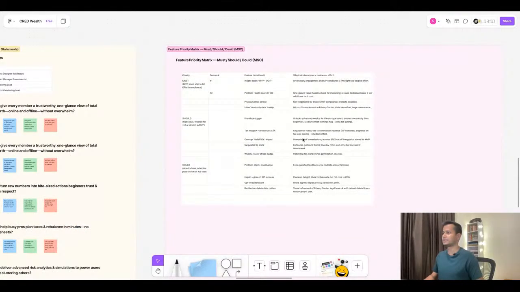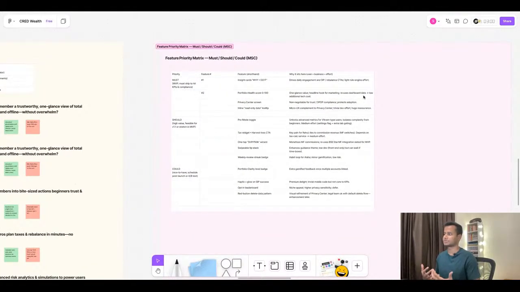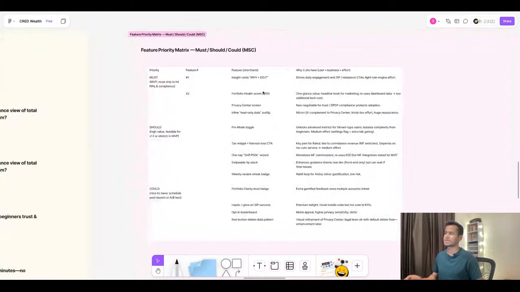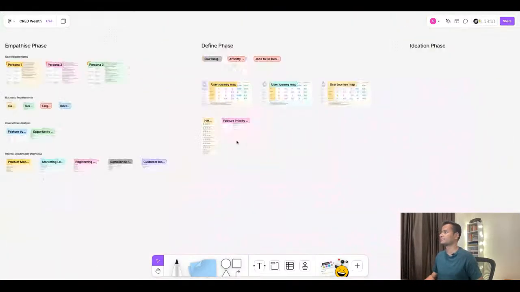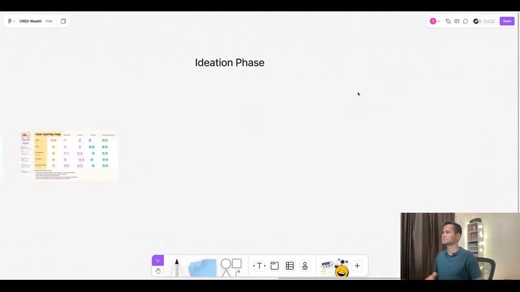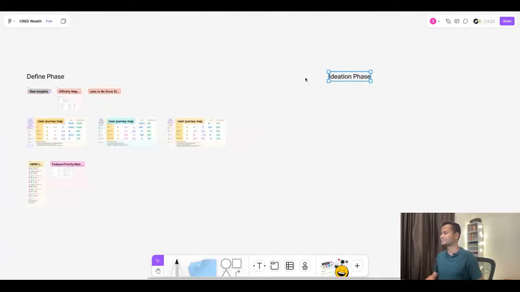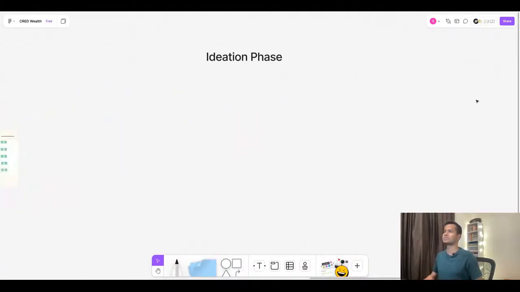Then we did that MSC mapping, the feature priority matrix, which has must have features, then all the should have features, then also the could have features for later upgrades. Now this is the starting of our ideation phase. In this phase, we are going to do